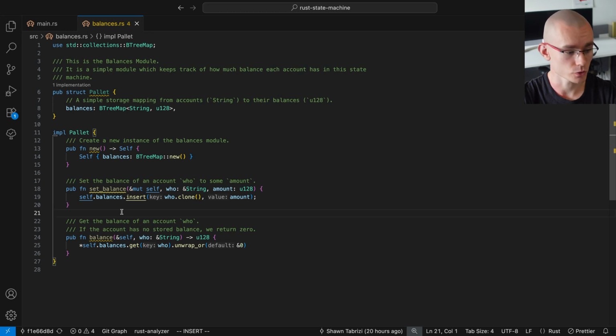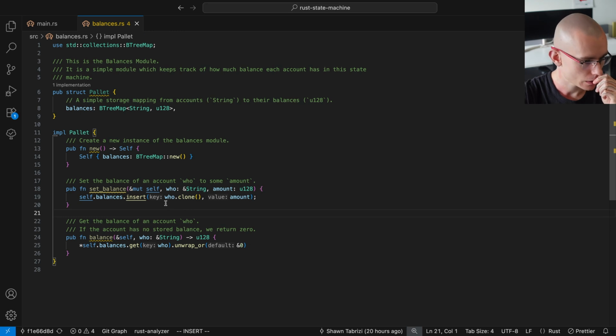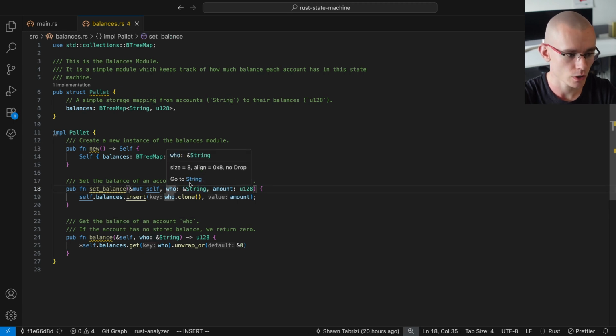Let's have a look at the solution. We go into balances, which is a B-tree map, and because it's a B-tree map, it has the method insert. The method insert expects a key and a value, both of which take the ownership, and it returns an option, a generic V. Now, because it expects the ownership and we only pass here the who with a reference, we